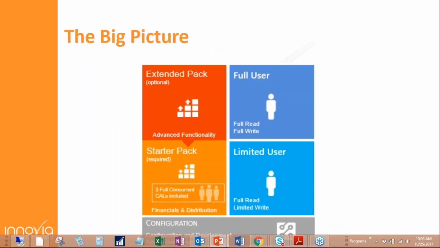So big picture, what we're talking about here is in this nice little diagram that speaks to both the types of users that you can get in Microsoft NAV, a full user and a limited user, and then the functionality of the system, which starts in that lower left-hand corner with the starter pack, and then adding on the extended pack for optional functionality, or as Microsoft refers to it, advanced functionality. And then, not to leave out, on the bottom of that is the